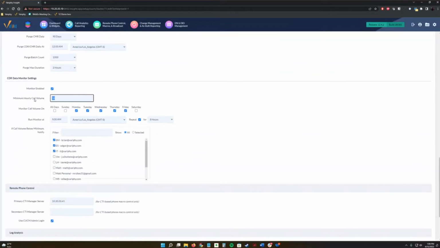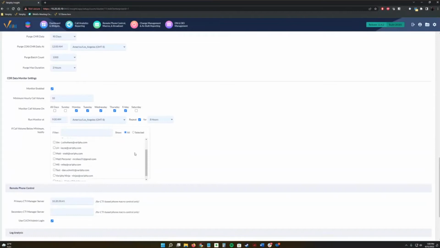That's very useful because we've seen many times where the CDR services on the Call Manager just stop sending. That CDR repository manager needs to be restarted to kickstart CDR coming back into Verify. So this is a really good way to see if we're still getting the data.